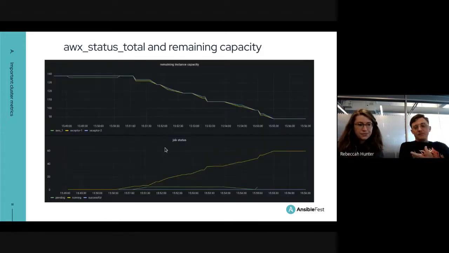Yeah, that might indicate maybe you want to consider either launching your jobs at different times to spread out the load, or provisioning more capacity so that you don't have your job sitting around and pending for so long. So this graph here actually shows how our remaining capacity goes down as the number of pending running jobs, running in yellow, goes up. Yeah, so this is an indication that we're launching jobs and we have less capacity available because now we're using it. Yep.